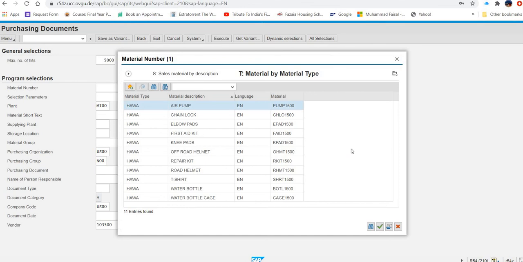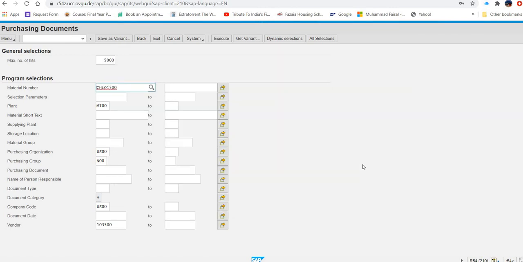You will find your material CHLO. Once you find that material, you will double click and select, and then you have to execute.